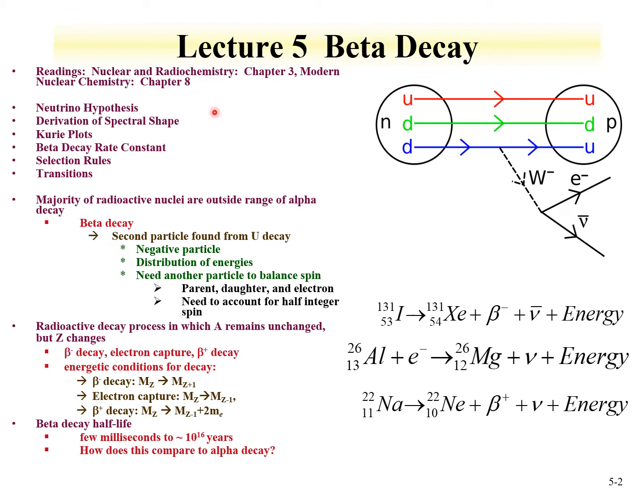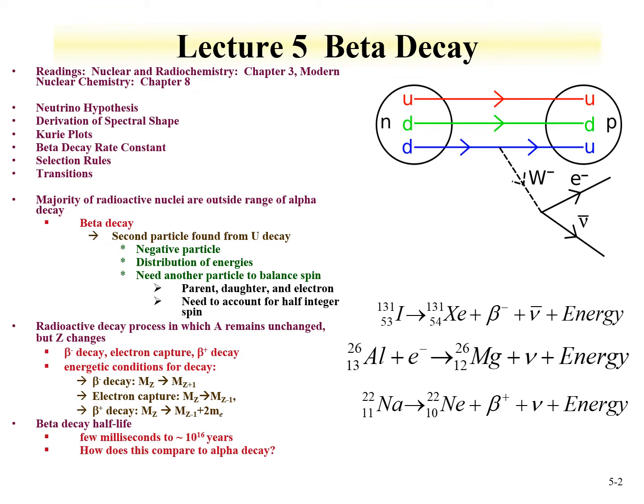This chapter is going to cover the neutrino hypothesis. We're going to talk about spectral shape and what information can be derived from that. We're going to introduce something called Kurie plots, which is a way of evaluating data to understand what sort of transitions occur. We're going to talk about equations that are used to derive the beta decay rate constants. We can use this information, since a rate constant can be measured, to understand some of the properties of the